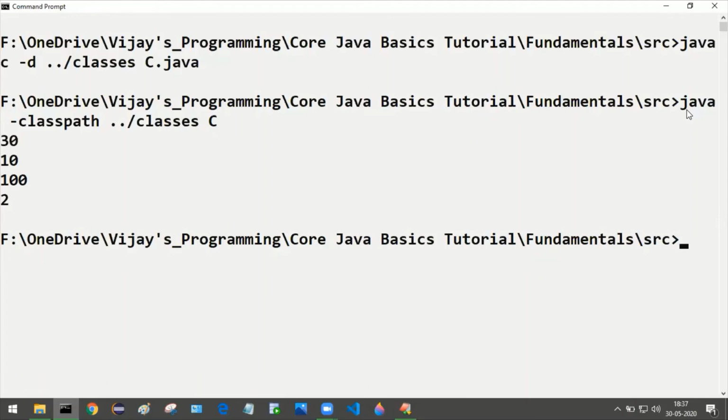What are we getting? We are getting the result of the mathematical operations.